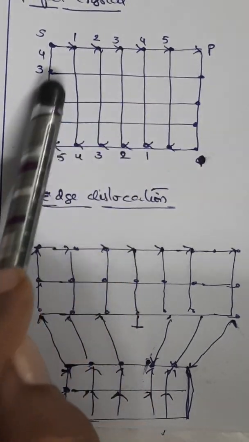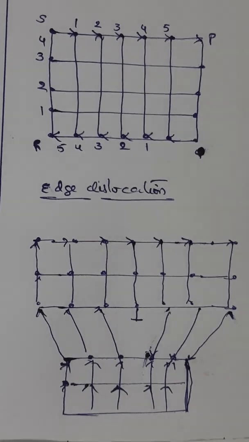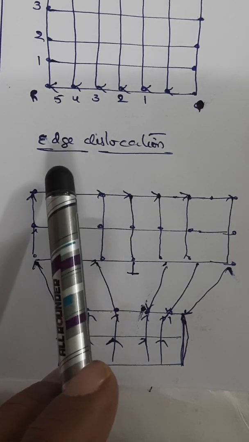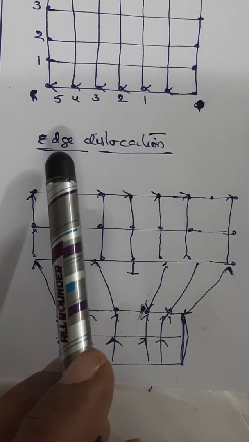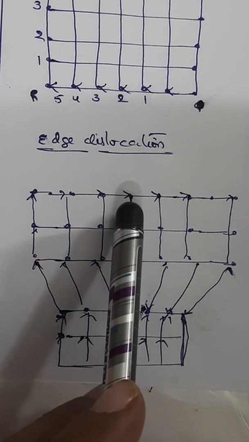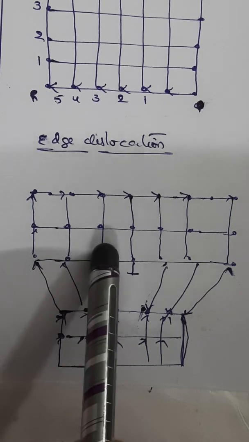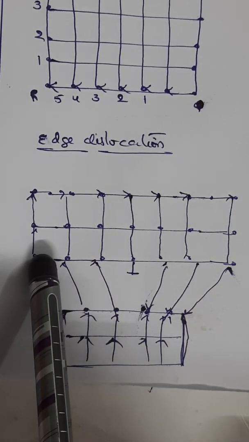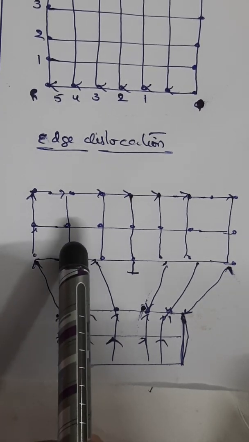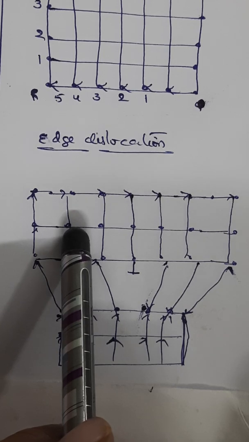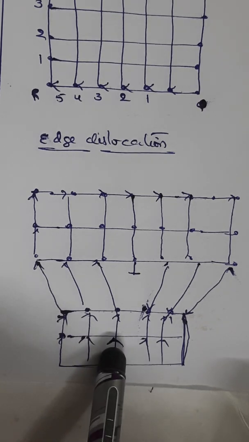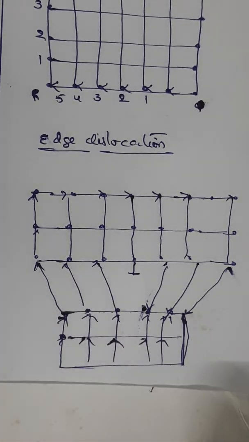If there is a dislocation, as in the second picture, in the crystal containing the dislocation the circuit is started from P and reaches P dash by counting an equal number of atoms in the vertical and horizontal directions around the edge dislocation. To close the circuit, we need an extra step, which is known as the Burger vector. The Burger vector is always perpendicular to the edge dislocation. This is what we need to understand.